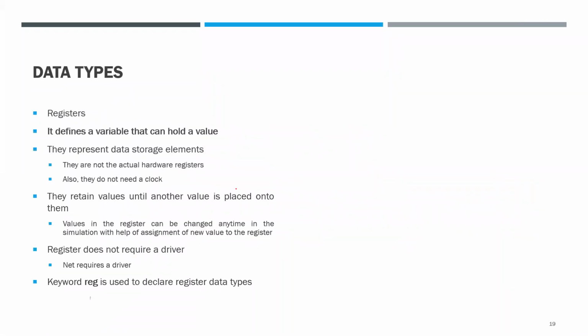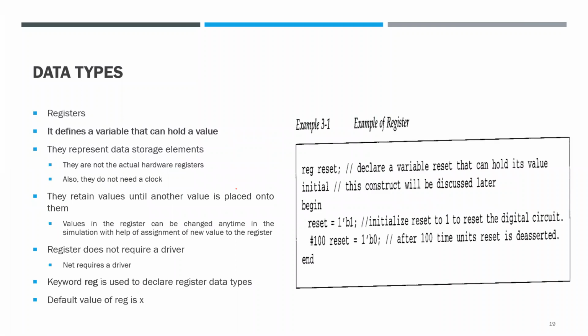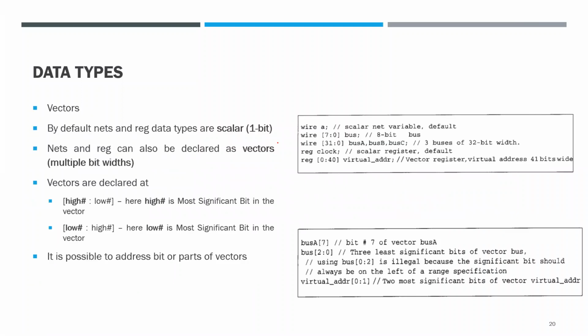So we can check over here. Here you can see one example: wire A, this is scalar type. Wire [7:0] is a bus, say a data bus or program bus, whatever it is. So this is a vector quantity now, not a scalar. Previously we specified that by default it is 1 bit. Now if I specify this, then it is not 1 bit, it is 8 bits in this case, and it turns out to be a vector in such cases.